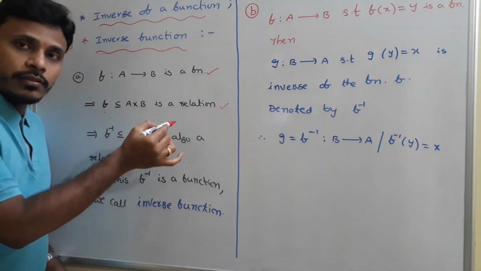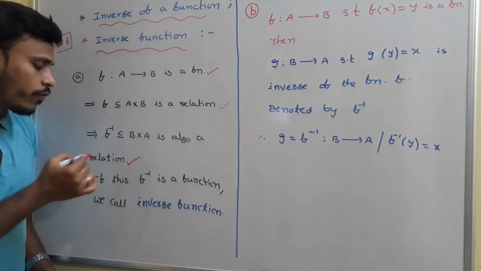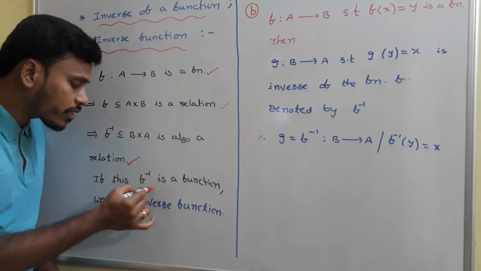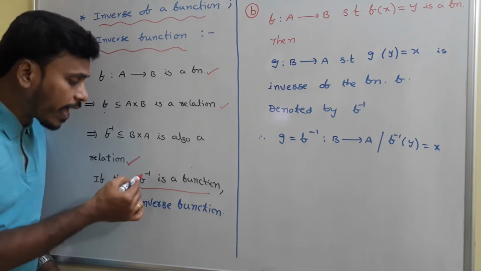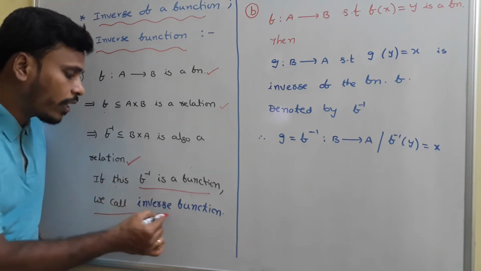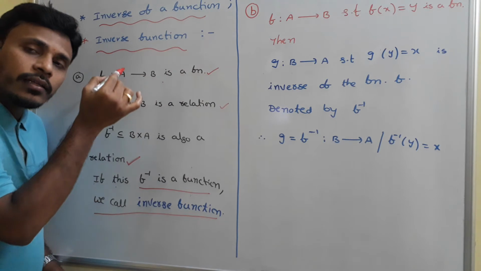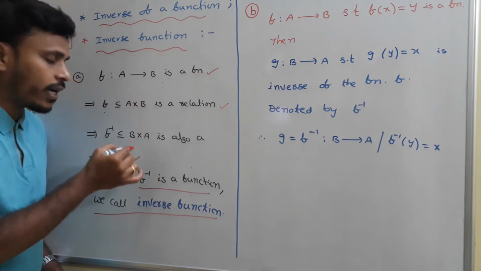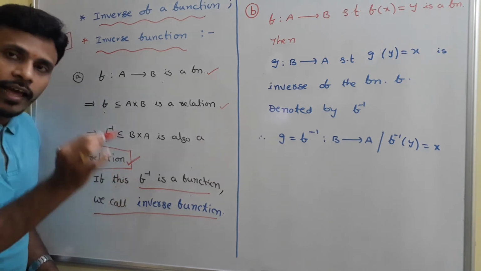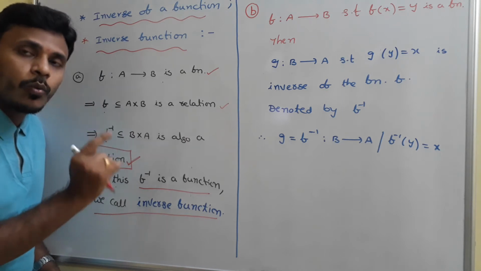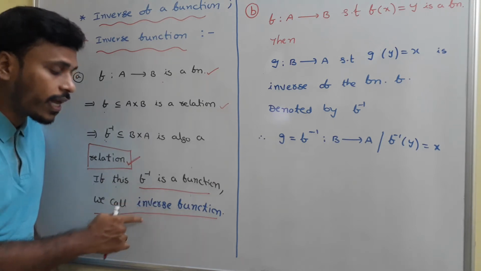So f is a function, but you need to understand it as a relation. So it has an inverse, and f inverse is a relation. If this f inverse is a function, we don't know whether it is a function or not. We need to check. If that f inverse is a function, then we call it inverse function. Once again, I am repeating. If I have a function, then by treating it as a relation, I am able to write its inverse, that is f inverse. This f inverse is clearly a relation, no doubt. But I have a doubt whether it is a function or not. That's why we need to check.